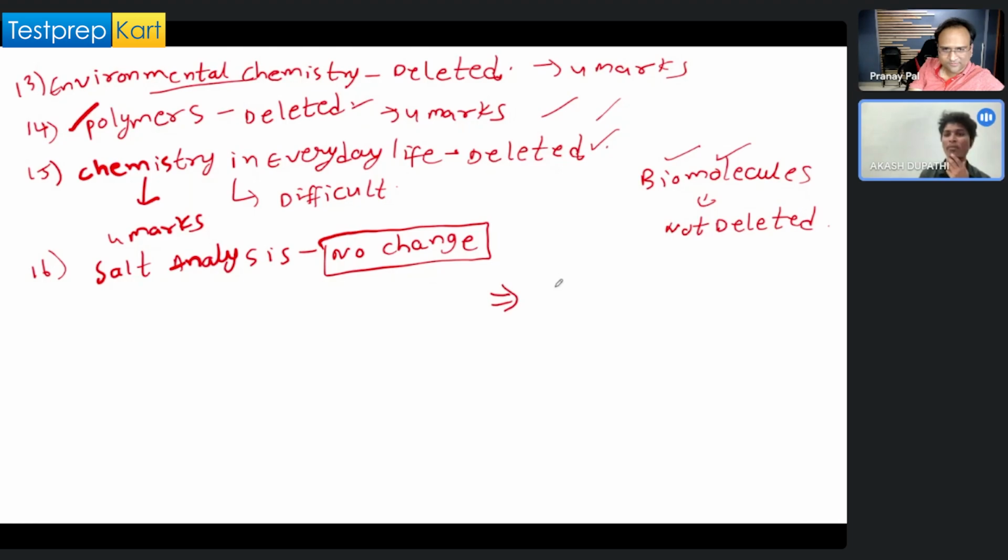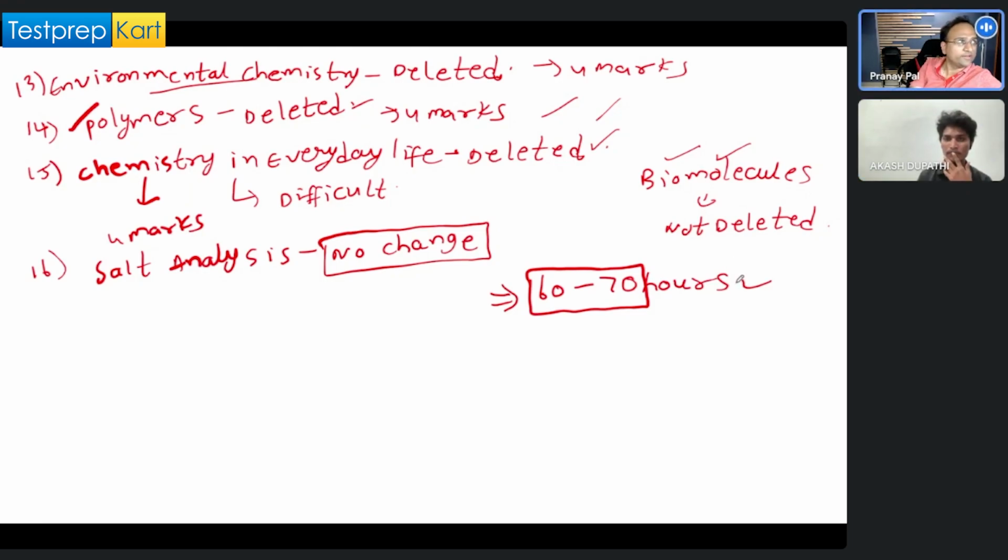Sir, yes, sir. It is a very huge amount of time, approximately 60 to 70 hours, combining all deleted chapters. So they will be saving this time, sir. Correct. तो अब ये 70 hours basically जो आप लोग अभी और कहीं पे लगाने वाले थे या इन चैप्टर्स पे भी लगा सकते थे, अब इसका फर्क जरूर पड़ेगा, जैसे कि हमने कहा था कि this is an examination of rejection. ये तो अच्छी बात है कि 60 to 70 आवर्स बचेंगे, बट जेईई इतनी इजीली स्टूडेंट्स को छोड़ेगा भी नहीं।